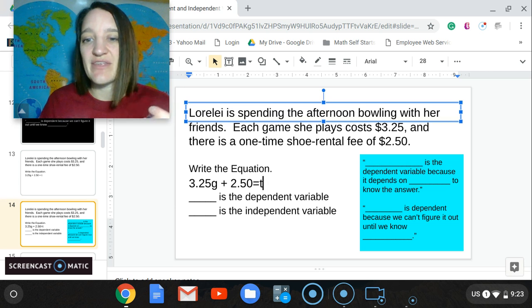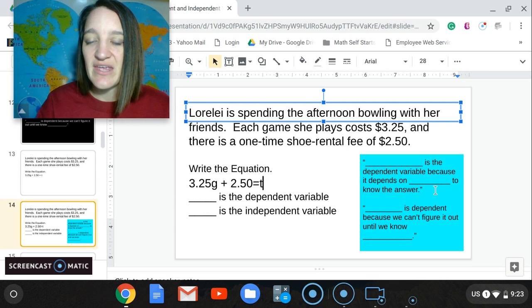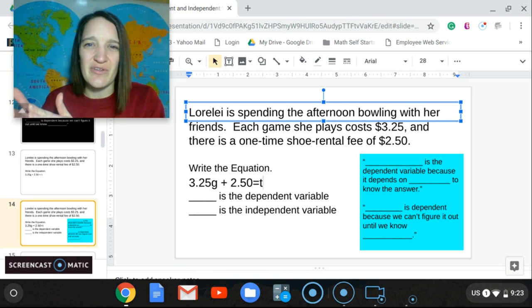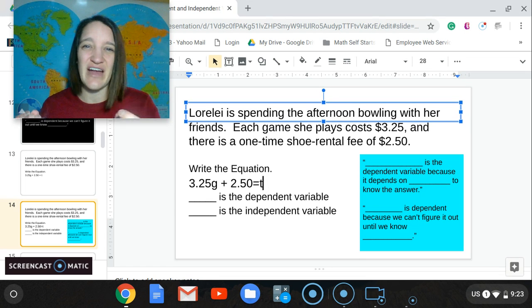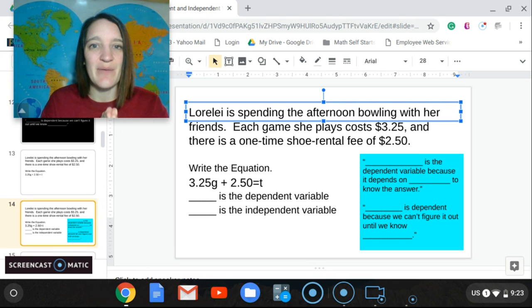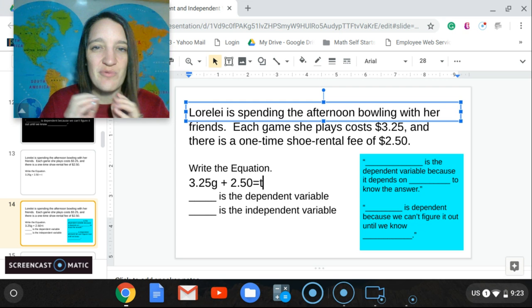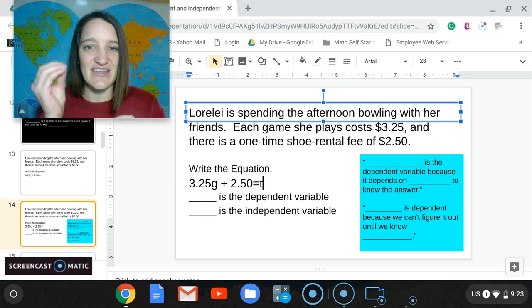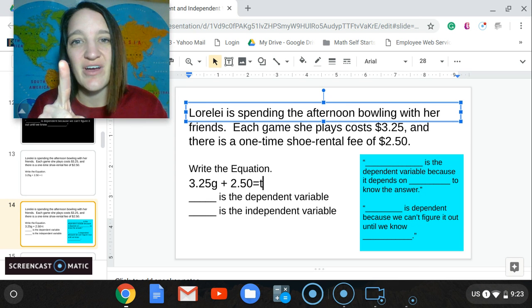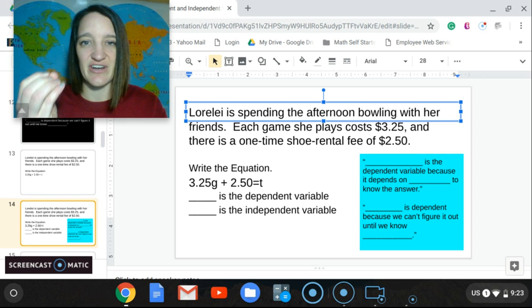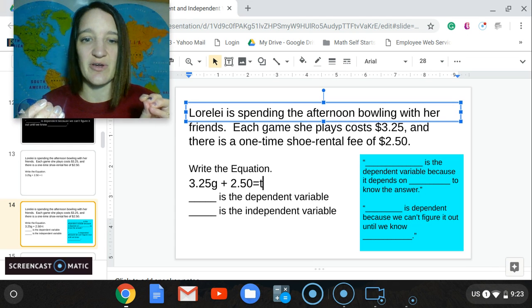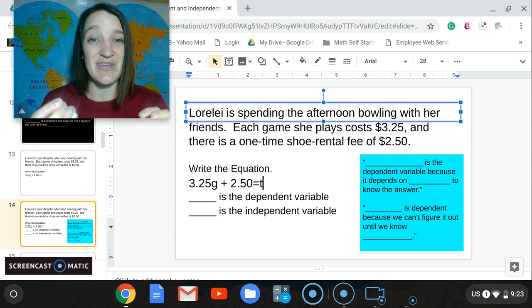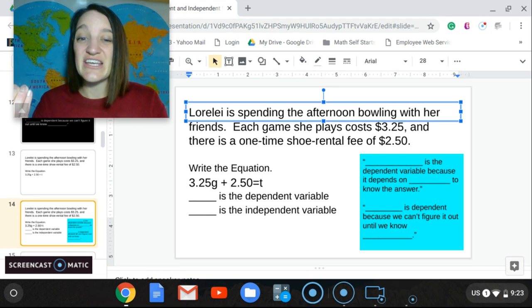So let's think about this. Let's look over here as well to see what would make sense. Which variable is dependent on the other one? Which one can't we figure out unless we know what the other variable is? Okay, so the way that I think of it is the total, and this is a hint for you. Oftentimes the total is your dependent variable because we can't figure out the total until we know everything else that's been going on. And that's true in this instance because we won't know our total until we know how many